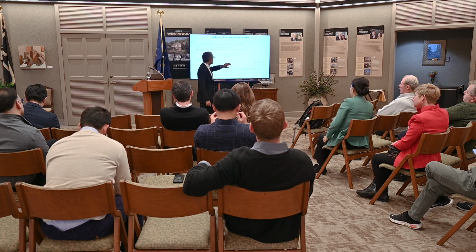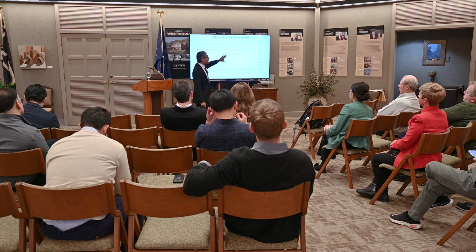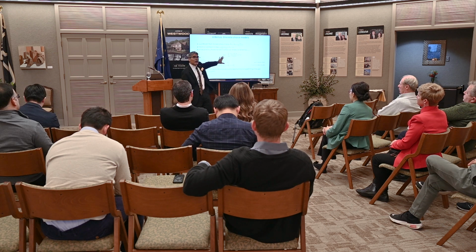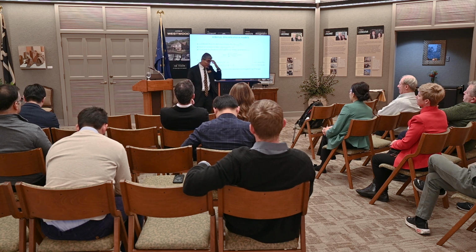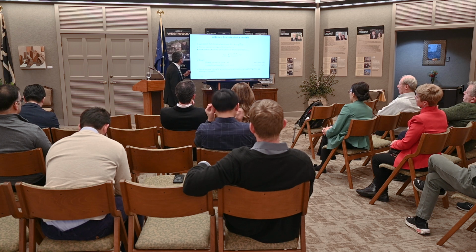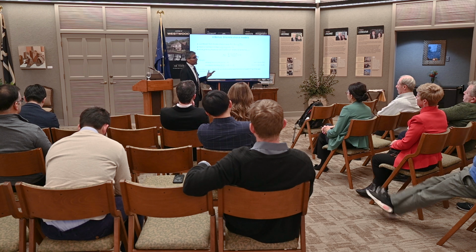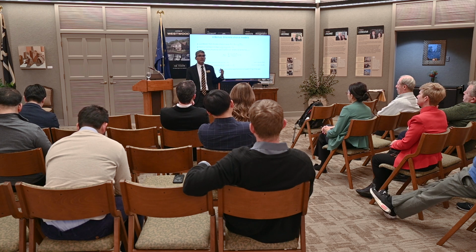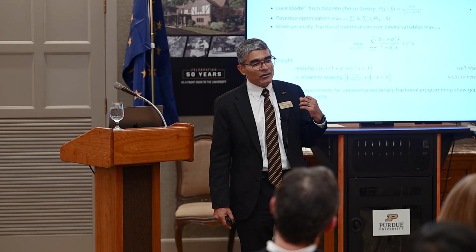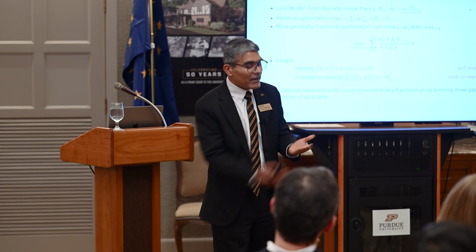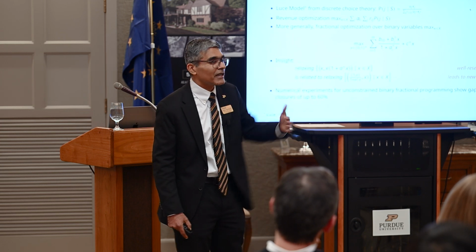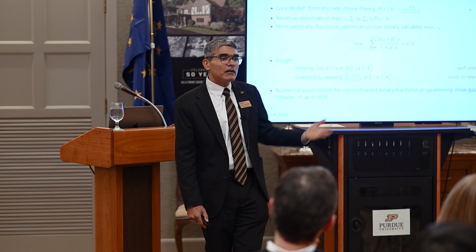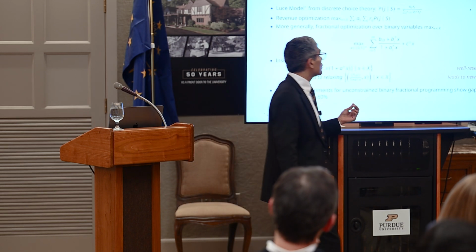Similarly, what we have seen is that there are some problems in discrete choice model theory. These are essentially what Luce, who won a National Medal of Science for some of this work, proposed as a model for how consumers choose products. He essentially said that if your utility from this product is 3 and the total available products have a utility of 10, then your probability of buying this is 3 out of 10, something of that sort. And now the company is interested in which of these products to offer,